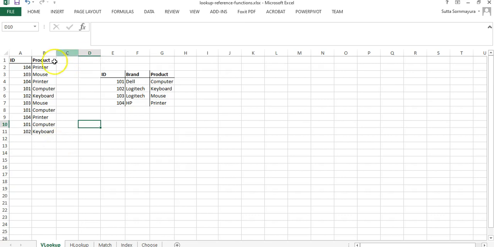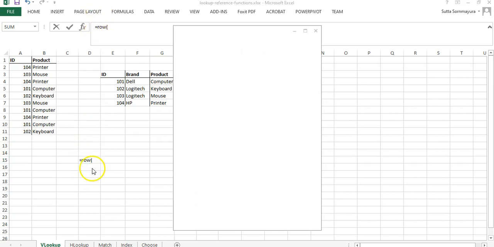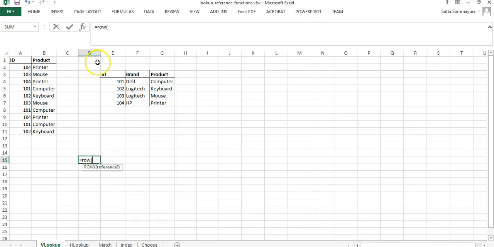If you don't give it a name, this array is gonna be A1 to A11 and B1 to B11, right? So if you want to use function row, let's see, it's gonna return